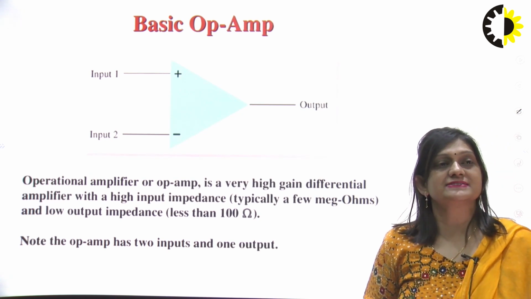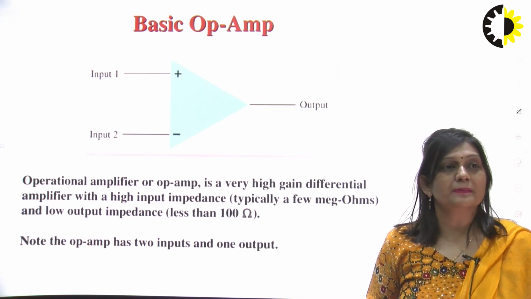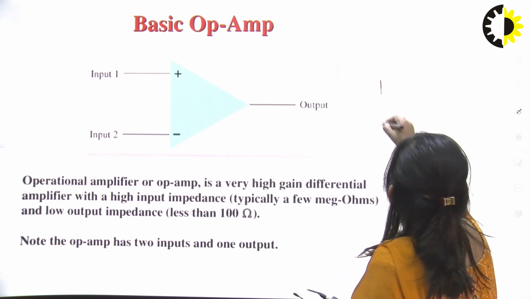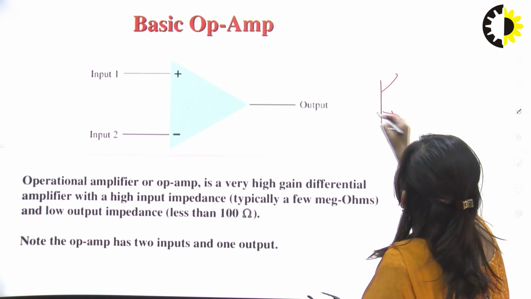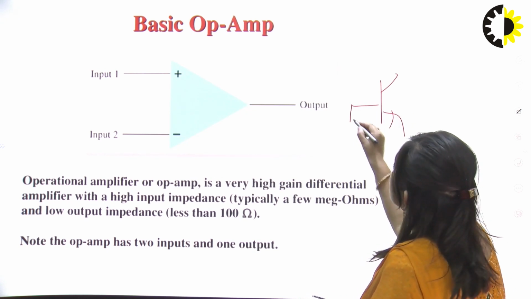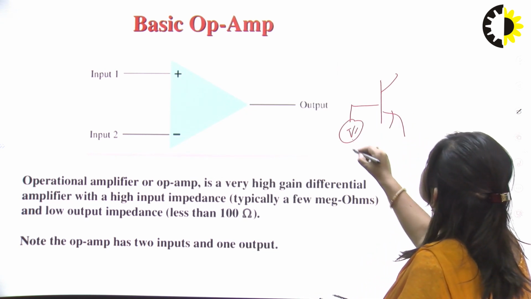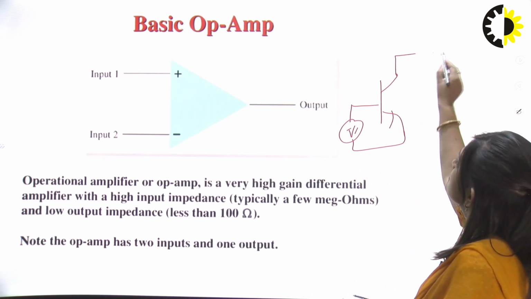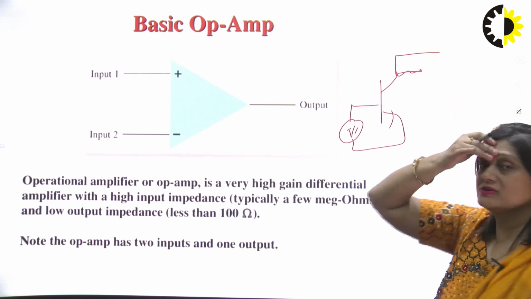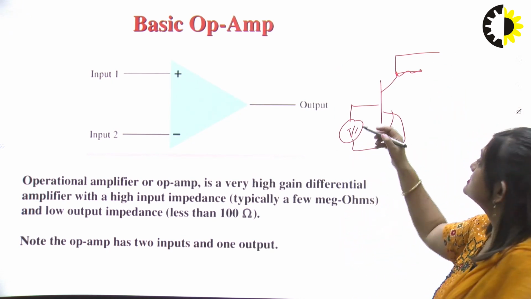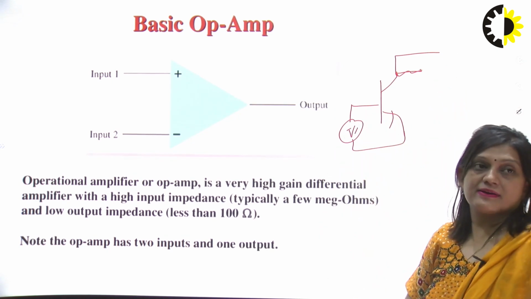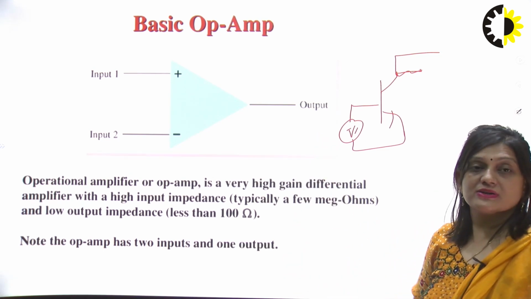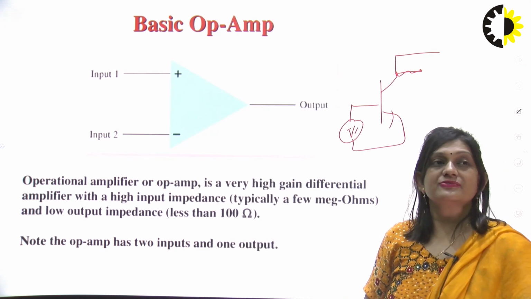First the question arises: what is the difference between the op-amp and the BJT? So BJT, generally a common emitter configuration, is used as an amplifier. Here we apply the input between the base and the emitter, and output is taken at the collector side in case of common emitter configuration. Here the input is applied at only one end, and the op-amp amplifies the difference between the two signals. So it is basically a difference amplifier.